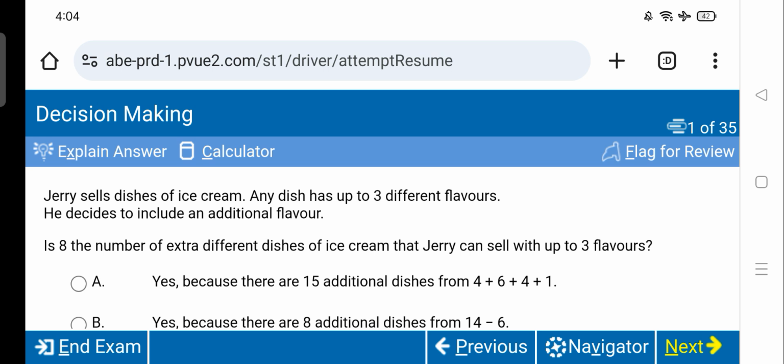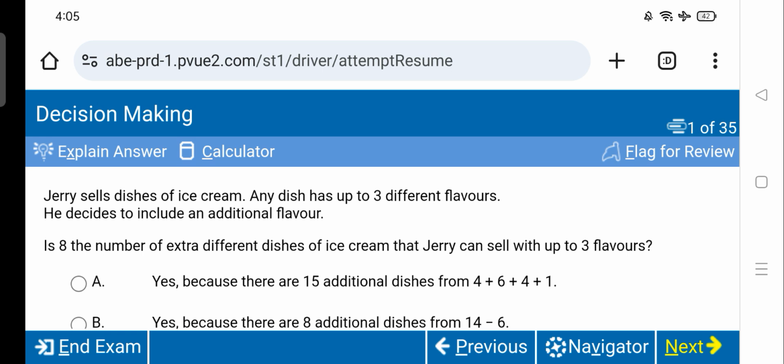So here we have the first question of this type. We have 35 questions total of this type, so we are at question number 1 out of 35. Jerry sells dishes of ice cream. Any dish has up to 3 different flavors. He decides to include an additional flavor. So the question is: what is the number of extra different dishes of ice cream that Jerry can sell with up